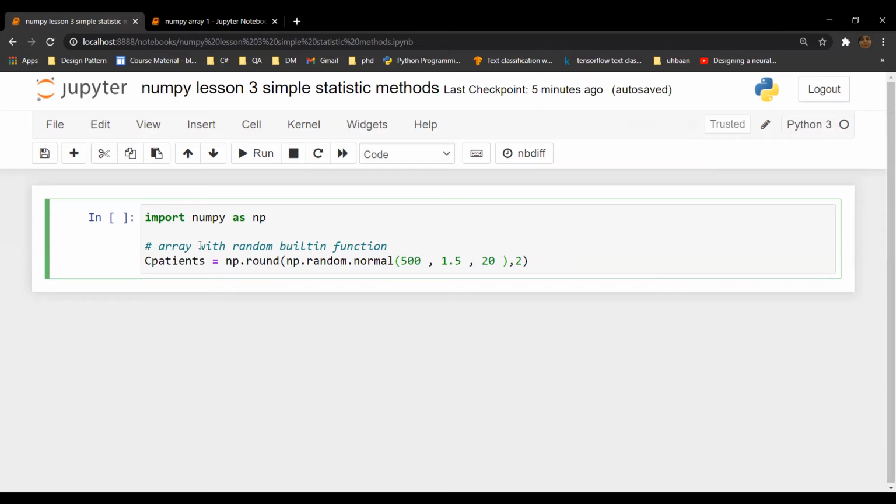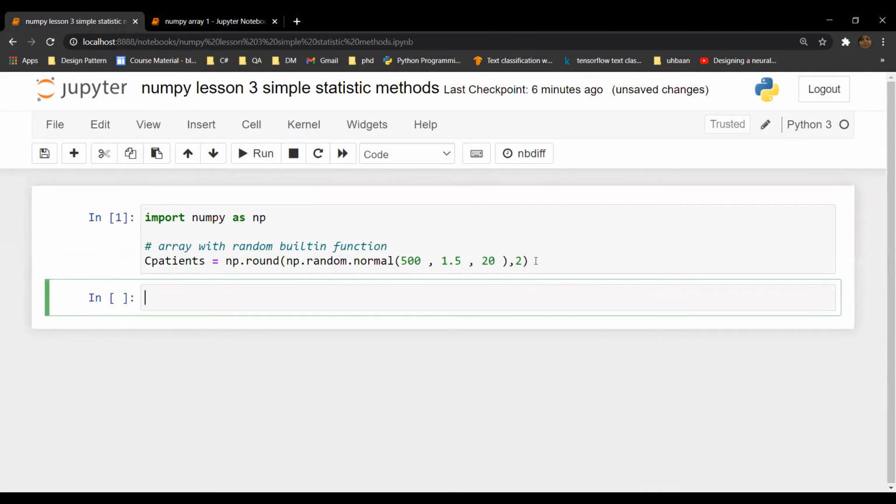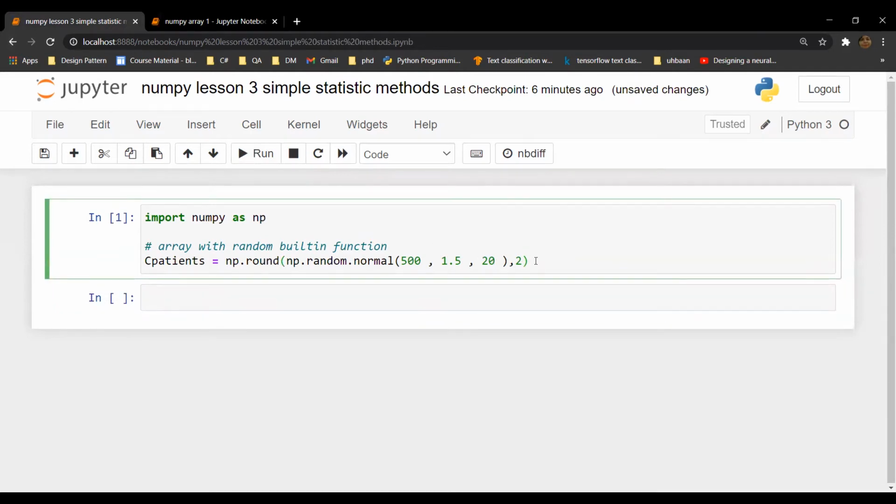So this statement will create a random distribution starting from the 500 value, the deviation will be 1.5 and the number of records will be 20. After doing this, an array is created with the name C patients.